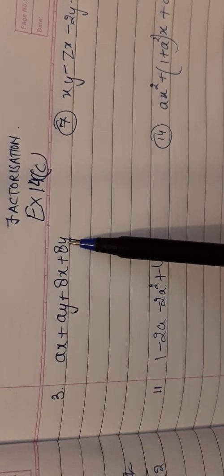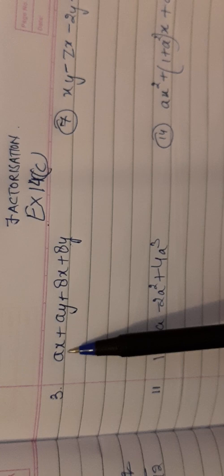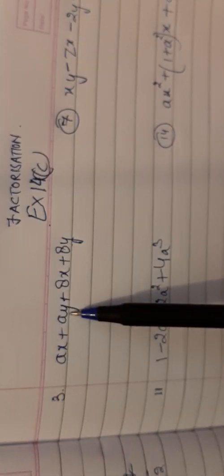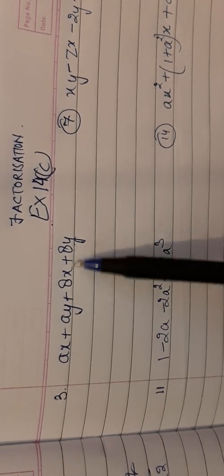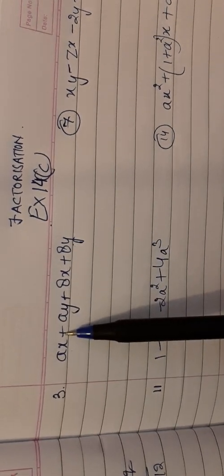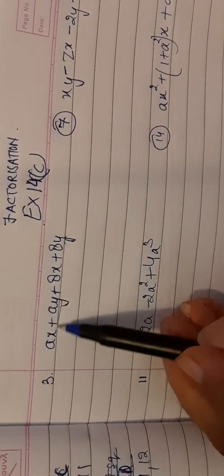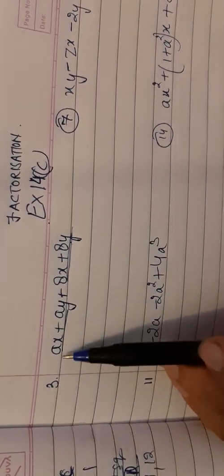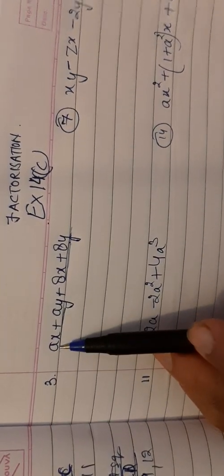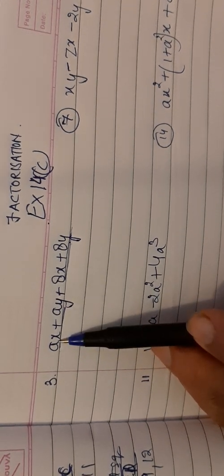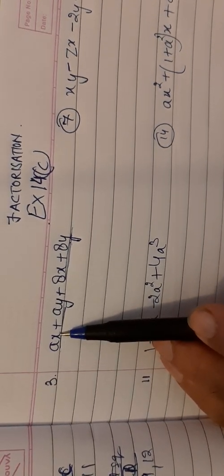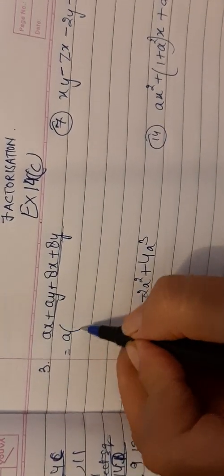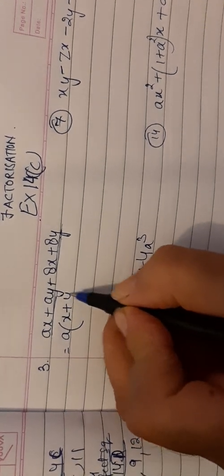So in this you have to form the group. If there will be 6 terms, you will be forming a group of 3. Now as in this question you have 4 terms, so you are going to form the group of 2. 2 groups you are going to form, and see in the first group what is common, which term is common. Now in the first group you find a is common, so take a outside the bracket, and inside the bracket you will have x plus y.